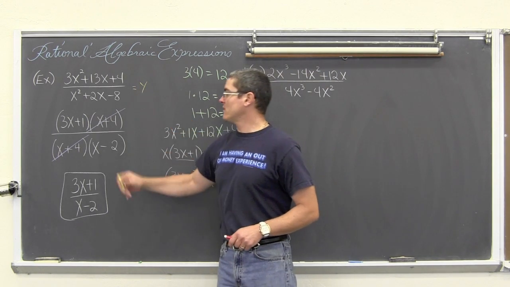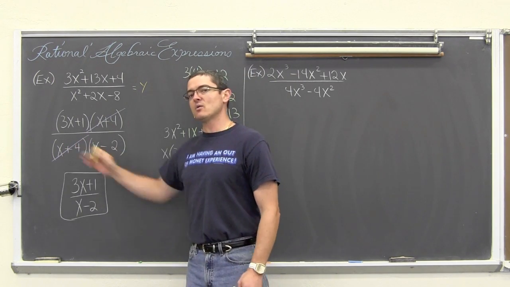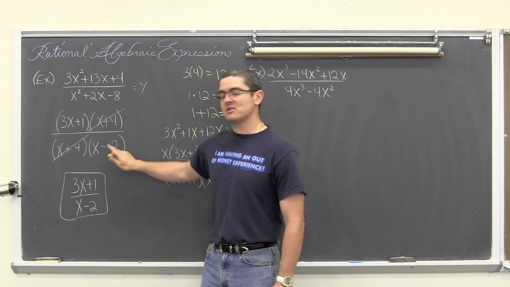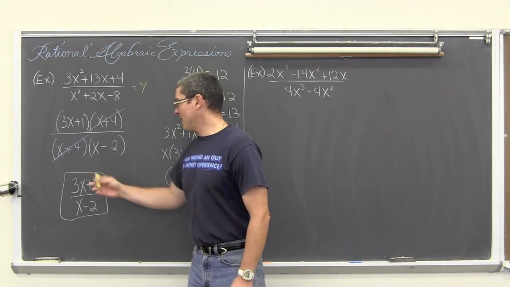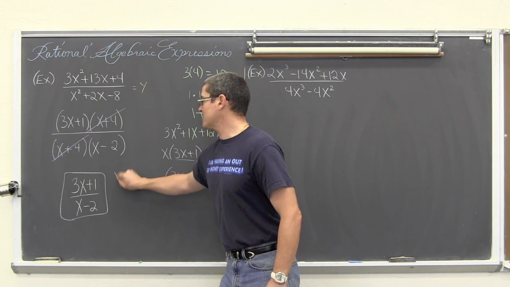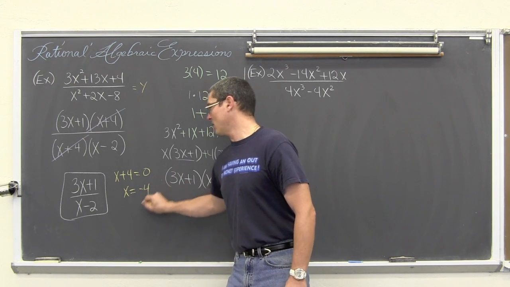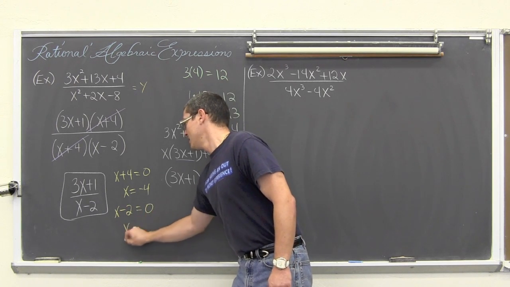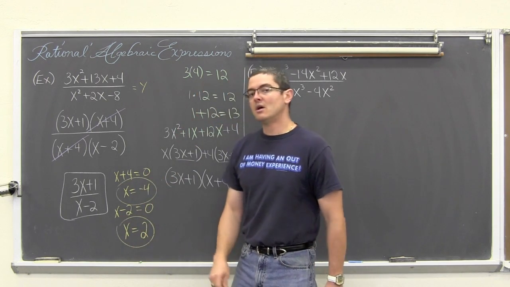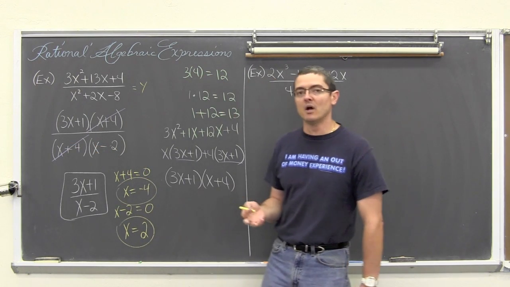And when you graph that rational function and you have this common factor that's cancelable, you cannot divide by 0, right? So after we factored here, we can see that x plus 4 and x minus 2 are our two factors. Well, the values, if I were to take these and set them equal to 0, I'm going to kind of jump ahead and get into solving by factoring here. If x plus 4 equals 0, that means that x equals negative 4. If x minus 2 equals 0, then we have the solution of x equals 2. Well, either one of these values will make this entire denominator equal to 0, and you cannot divide by 0.